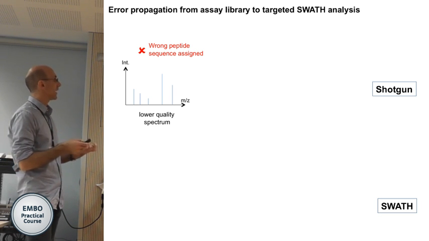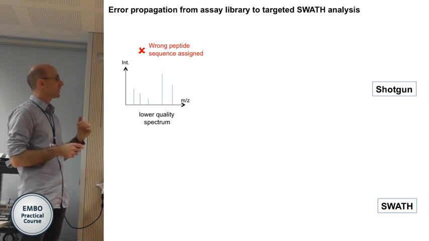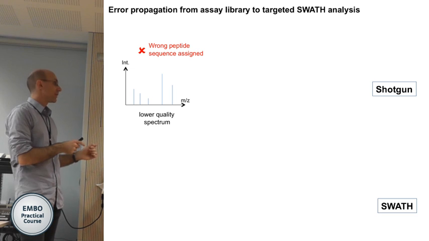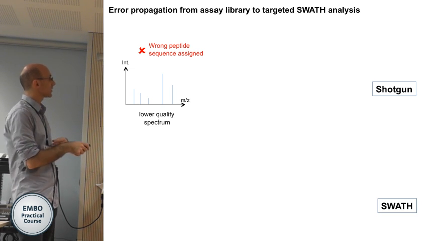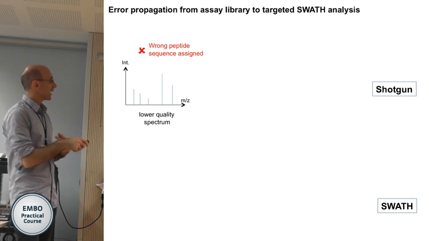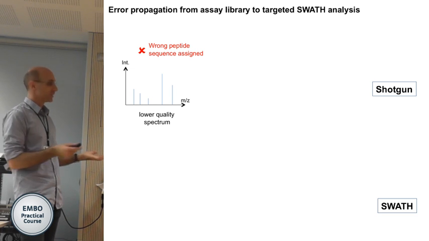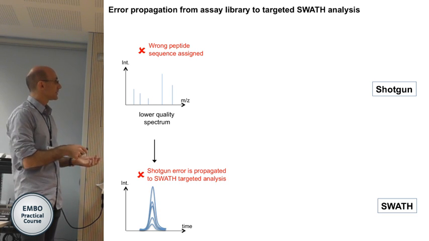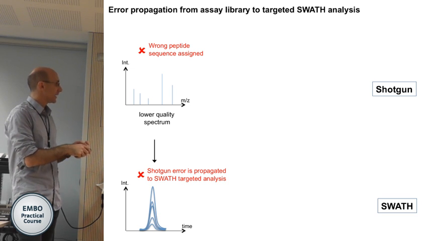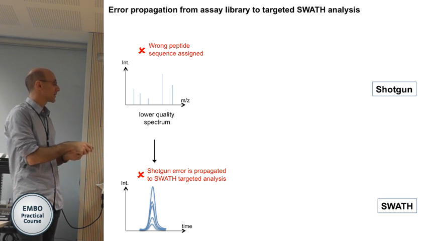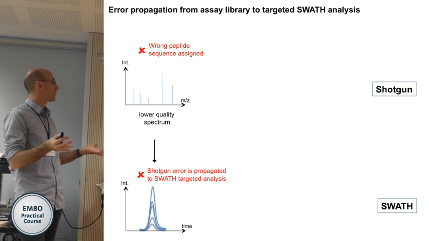And therefore, we are a little bit more stringent than the usual criteria for people that just do shotgun protein IDs. The reason is that all the mistakes you have in your shotgun library, you will carry them over into your targeted extraction. So this is an example where you have a wrong peptide assigned to your sequence. The easiest case would be a decoy peptide sequence. But if your decoy peptide sequence turns out to be a real peptide, you will actually validate the false peptide